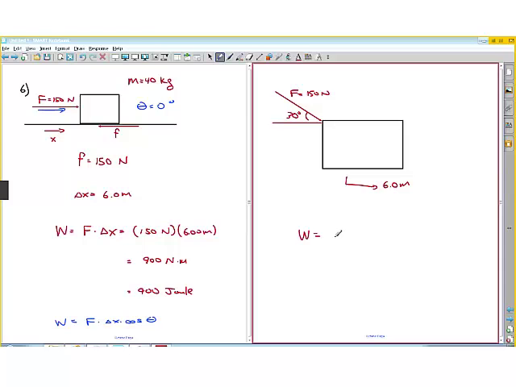So in that case, the work would be equal to the force, 150 newtons, times the displacement along this surface, x, which would be 6 meters, times the cosine, because basically we're going to break this up into a y component and an x component. So the cosine of 30 times that gives us the x component of force. So you're taking the component of the force in that direction, or you're just using this equation more blindly. And so in that case,